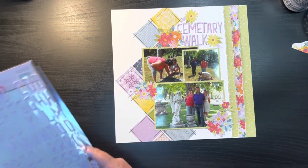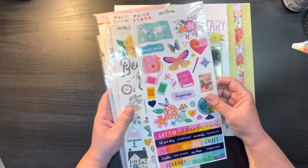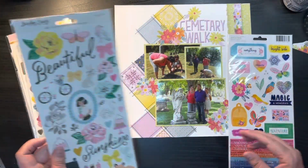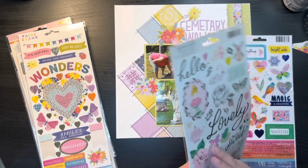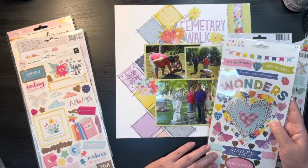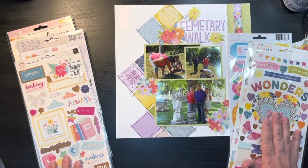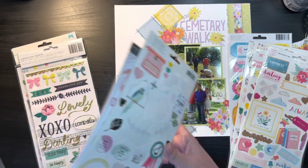All right, so now the other thing I grabbed was I have stickers from Paige Evans. This is the Scenic Route. I have from Maggie Holmes Garden Party. I don't know if the colors, well, they're not bad, but we'll see. And then I have the Paige Evans Wander, which will probably come from there. I have stickers from Whimsical,